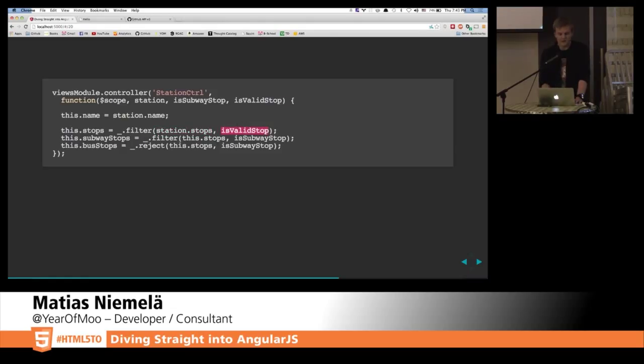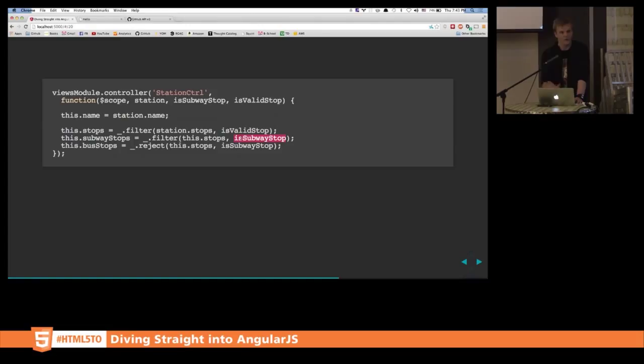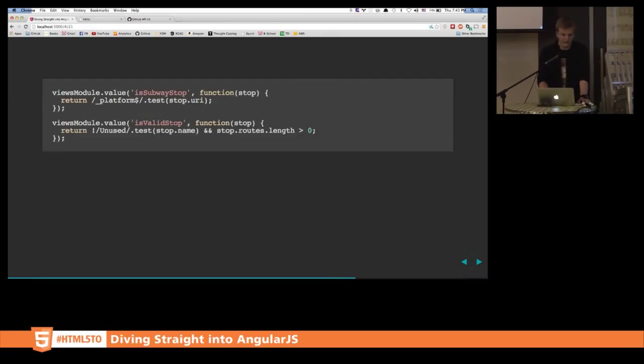And then in addition, for the subway stops, we have an isSubwayStop. So there's a particular way to detect if it's a subway stop: if it has platform in the name of the stop. And then a bus stop, which uses reject, which is the opposite of filter. If it is not a subway stop, then it's considered a bus stop. So these are our functions to determine if it is a subway stop or if it isn't. So you see here how we're attaching everything to the views module. So the views module has all of our views, and it has the controllers and the routing and so on. And if it is a subway stop, it has platform. If it is a valid stop,